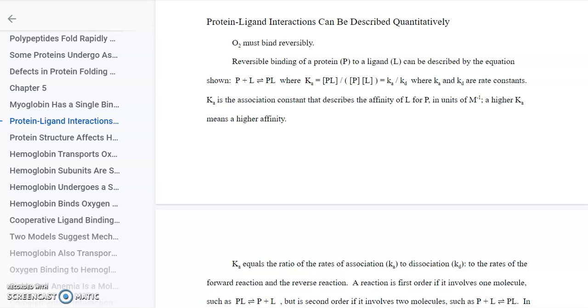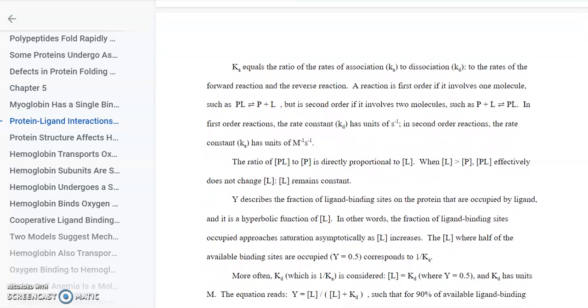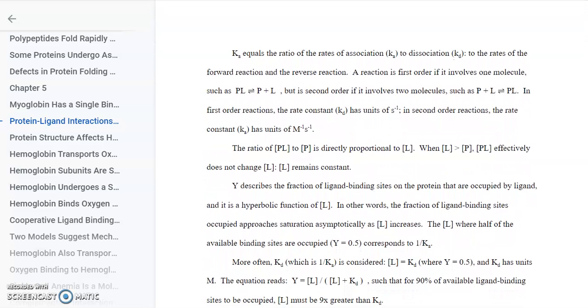Ka is the association constant that describes the affinity of L for P, in units of molar inverse. A higher Ka means a higher affinity. Ka equals the ratio of the rates of association, ka, to dissociation, kd, that is, the rates of the forward reaction and the reverse reaction. A reaction is first order if it involves one molecule, such as PL is in equilibrium